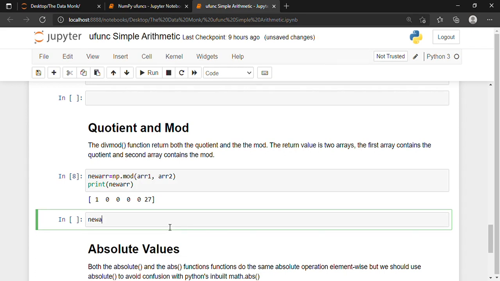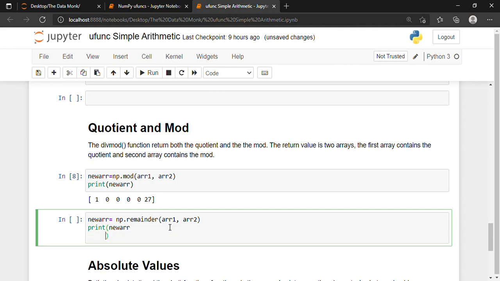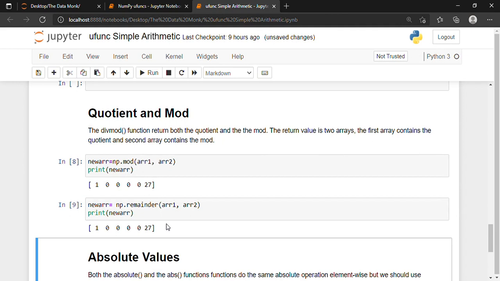So new array is equal to np.remainder, array1, array2. These two functions are basically used for performing one and the same thing. So we can either use the mod function or the remainder function.